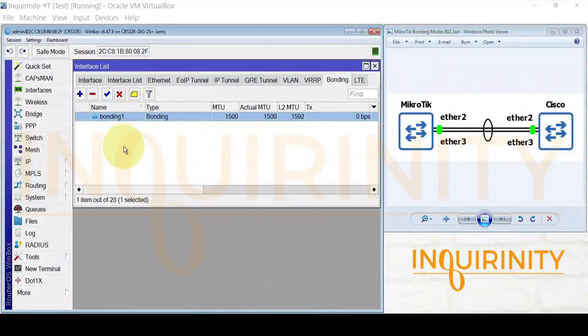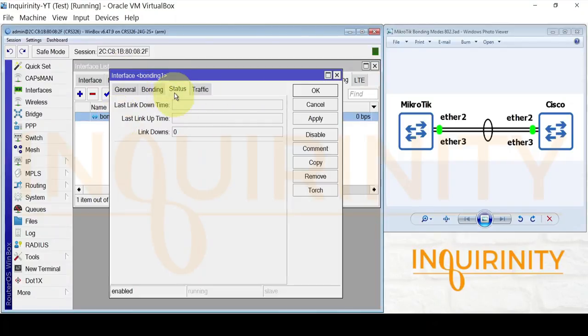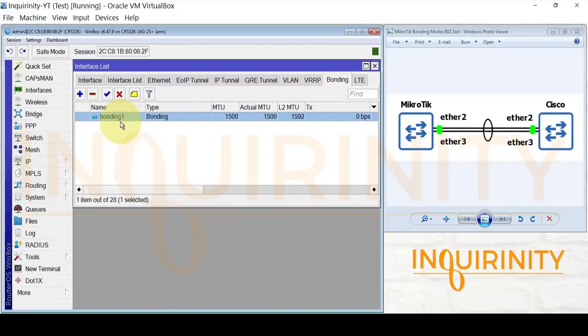So we are back here in our MikroTik CRS. As you can see, our bonding doesn't have any status or traffic yet as it is not up or running.